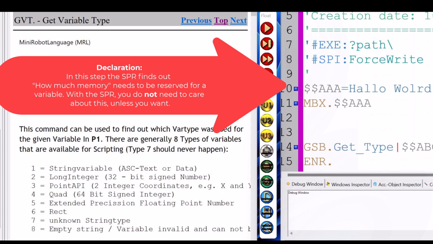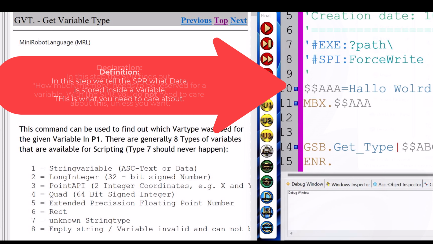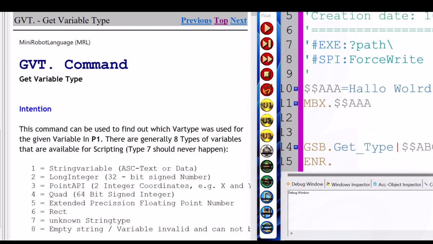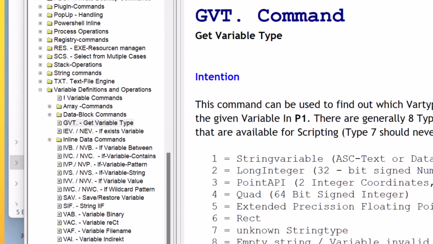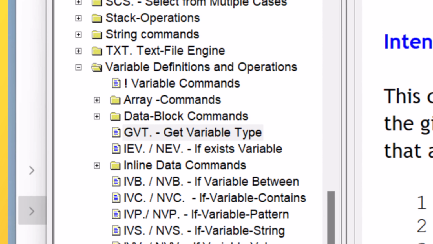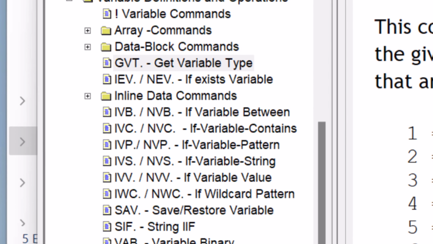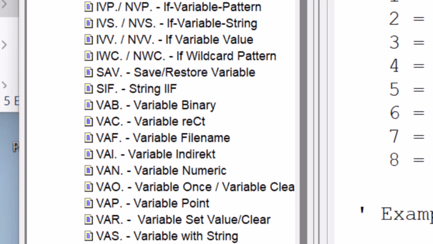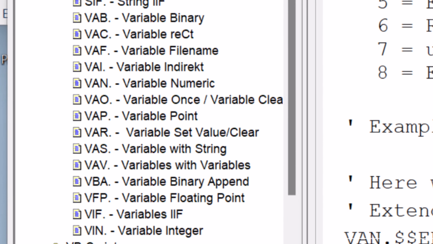It's paramount to understand that in a multitude of programming languages, including with the SPR, these 2 steps, declaration and definition, often dance in tandem. They can be executed simultaneously, streamlining the process. When you peruse the Smart Package Robot's help file, you'll stumble upon a section titled Variable Definitions and Operations. Within it, you'll uncover commands for declaring and at times defining variables, including text variables for the Smart Package Robot script,